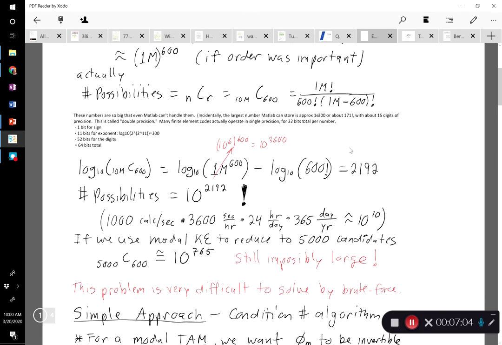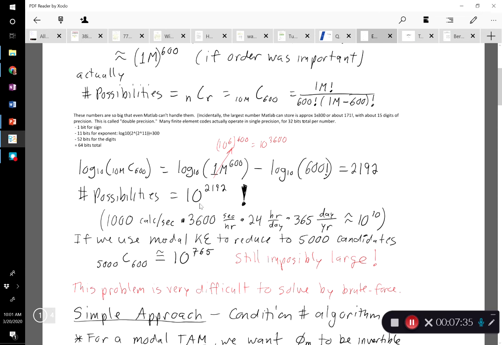So that wasn't going to work, but I did find a little algorithm that could give you the log of a factorial. So I could calculate the log of 1 million to the 600th power. Actually, that we can just do by hand. That's just 10 to the 3600, or 3600. And the algorithm could give me the log of 600 factorial. And if you subtract those two, you get 2192. So there's only 10 to the